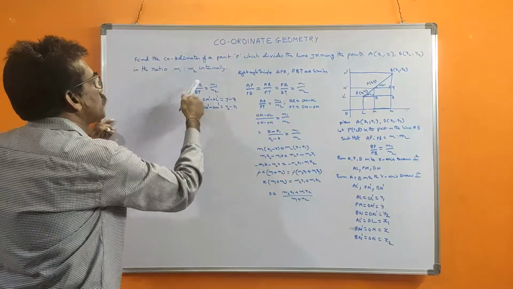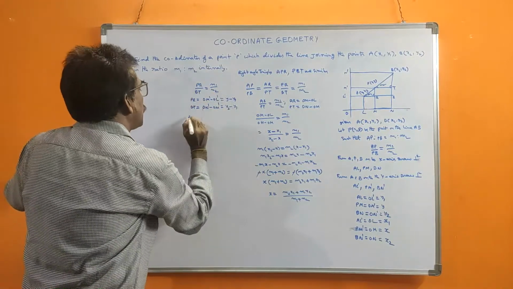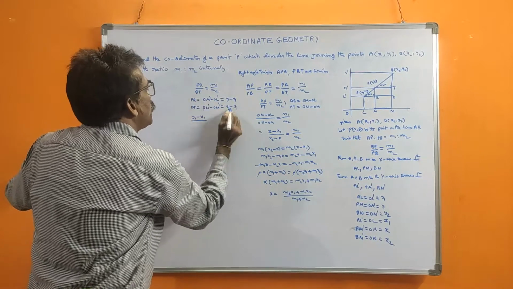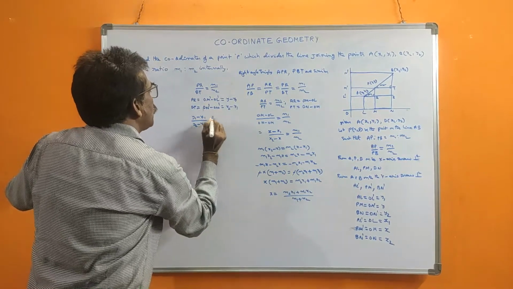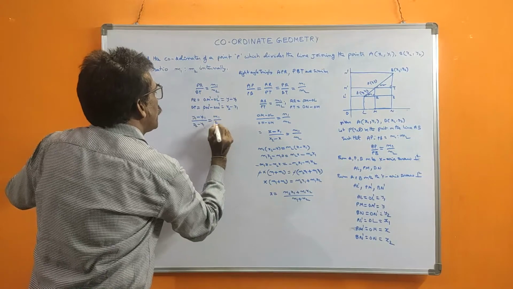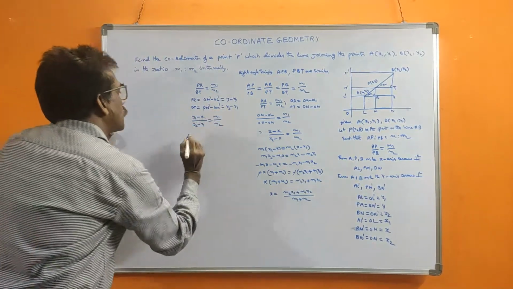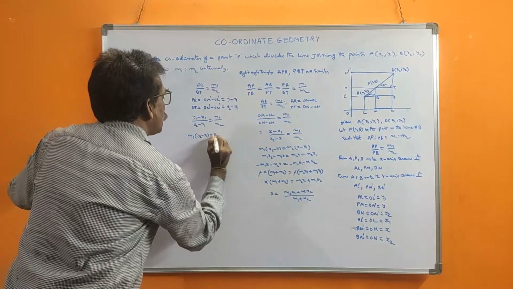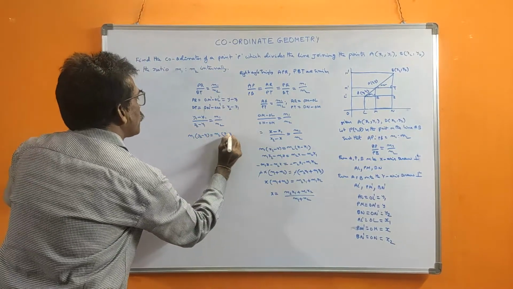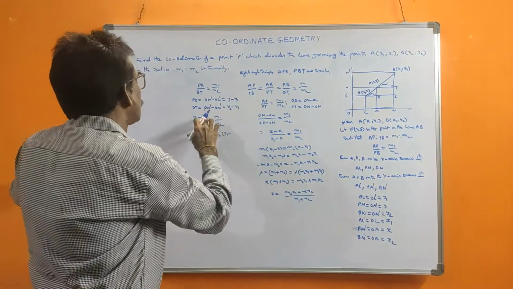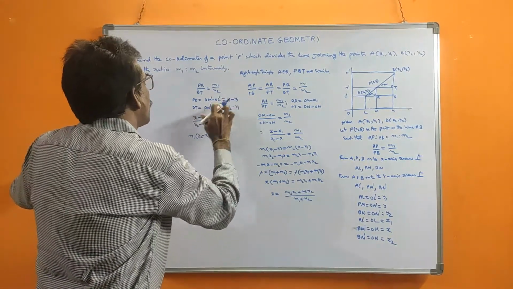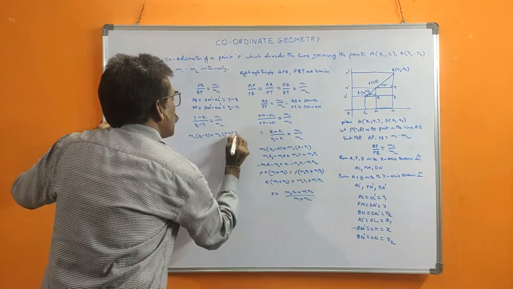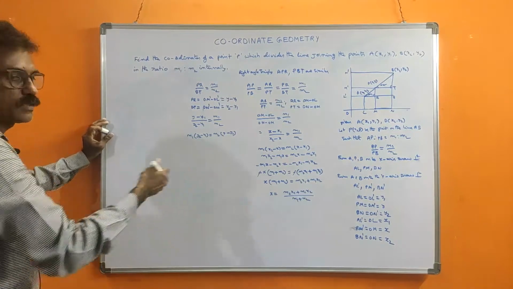So now substitute in this. Instead of PR you write y minus y1, and instead of BT you write y2 minus y1. This is equal to m1 by m2. Cross multiplication, same. m1 into (y2 minus y) is equal to m2 into (y minus y1). See here, this one, y minus y1. Okay, I wrote it wrong, it is better to correct it now, otherwise there will be confusion.